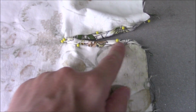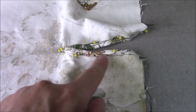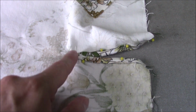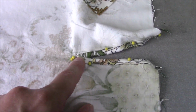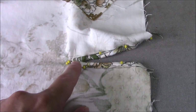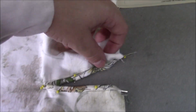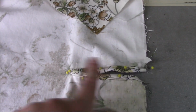Then top stitch along this edge, just as we did with the French seam. You want to go fairly close to the edge if you can, and just be careful on this top bit here because that's quite difficult to actually get your sewing machine around. Sometimes there's a lot of thickness change of fabric up here compared to down here. And with all that done, you'll then be able to press it,